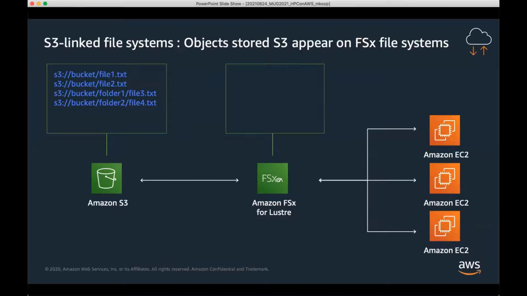And so you can see in this case, if maybe somebody has a bucket, which is just kind of a grouping of these objects in S3, you see file 1, file 2, folder 1, folder 2, and you want to be able to use these on your instances on the right side through POSIX IO. You'd love to have this loaded into your FSx for Lustre file system. So what you can do with FSx for Lustre is you can say, link these things to my file system directly. So you can give it an import path and all of the metadata gets loaded in.